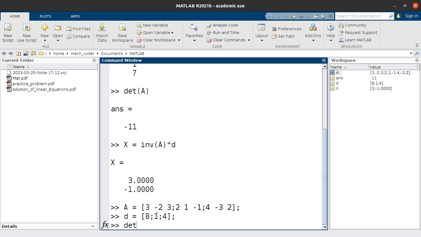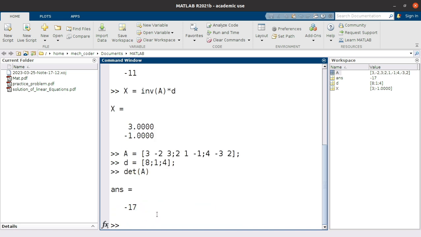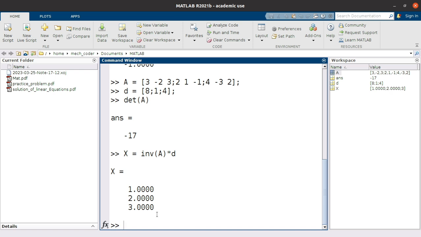First we check if the determinant of A is 0 or non-zero. If I press the enter key, it says minus 17. That means its determinant is non-zero and matrix A is non-singular and its inverse exists. Now we just have to store the answer which we obtain using inverse of A times D into this X column vector. If I press the enter key, X column vector